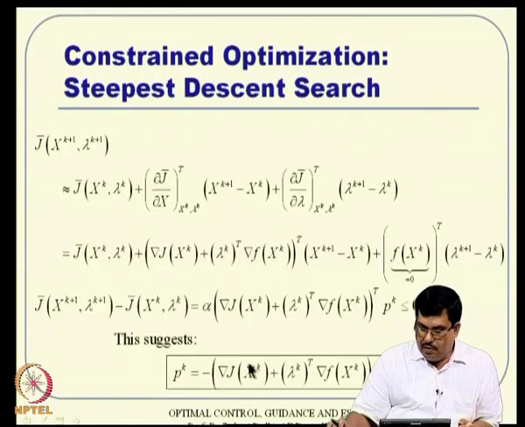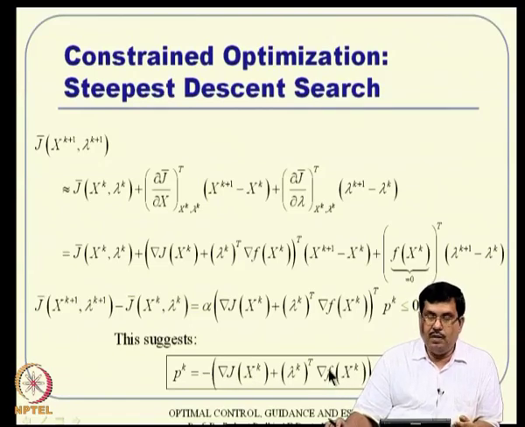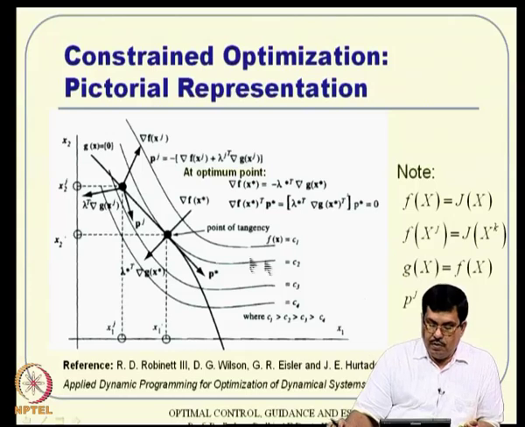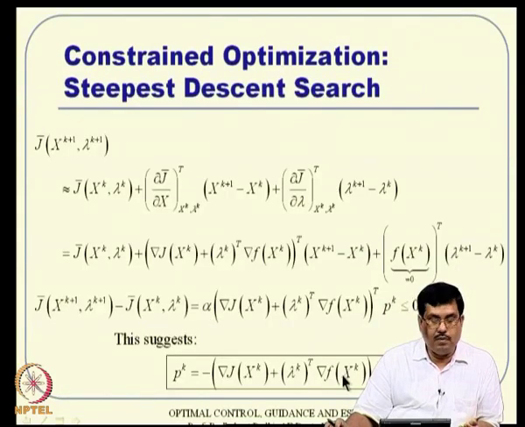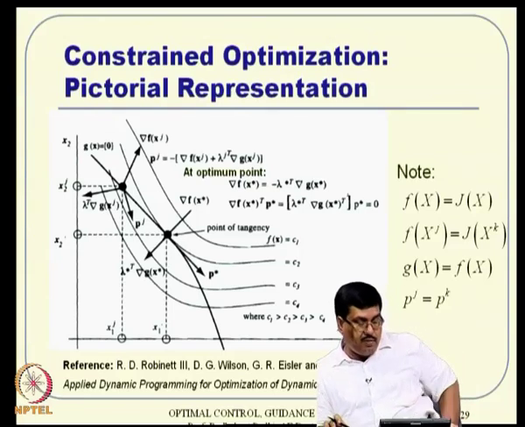The interpretation is that this one is the negative of that. That means these two quantities, grad j and grad f, turn out to be aligned. So, this is what you will see here. Lambda transpose grad f, whatever direction that is, and delta j happen to be the negative of each other. That is how it is.